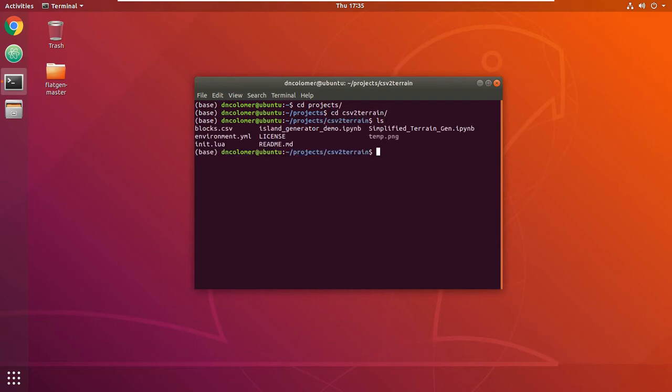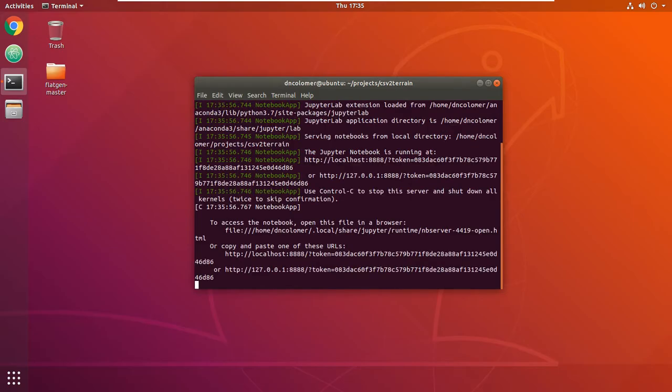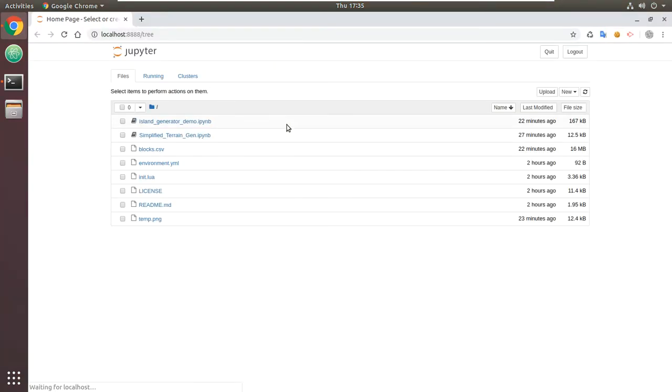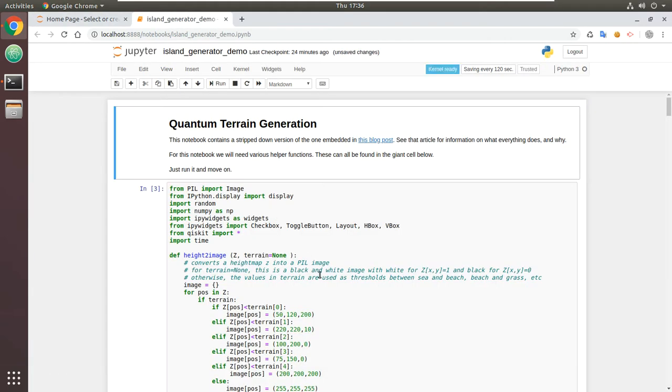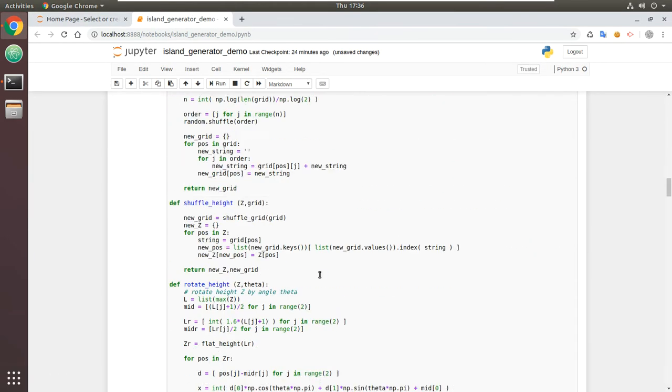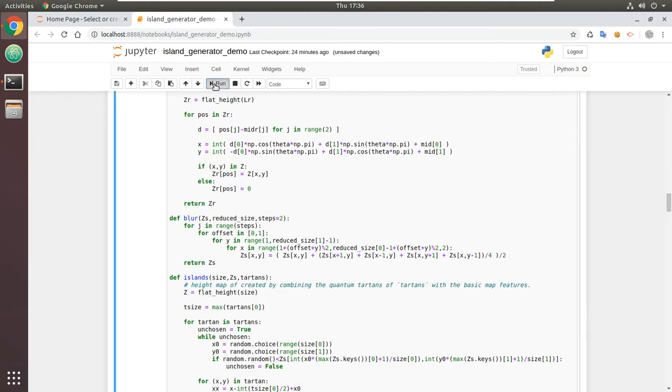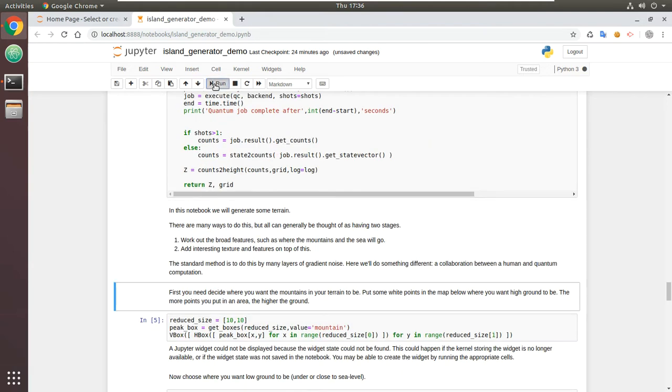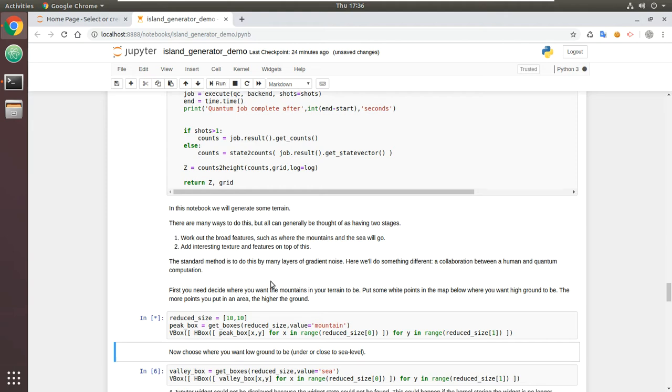the CSV terrain thing here. If I open a Jupyter notebook here, I can basically play with these generators. There's a simplified one, and there's the island generator, which you can basically run all these things. And here now you can